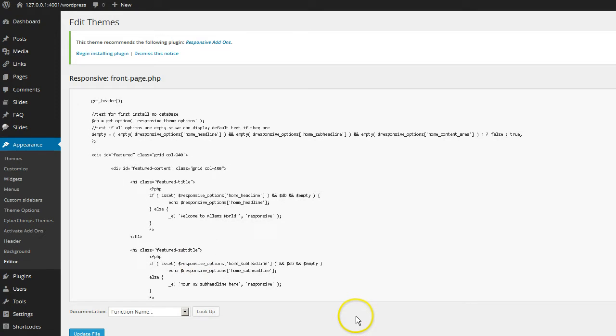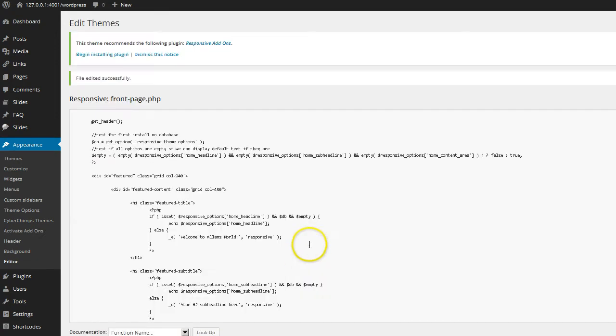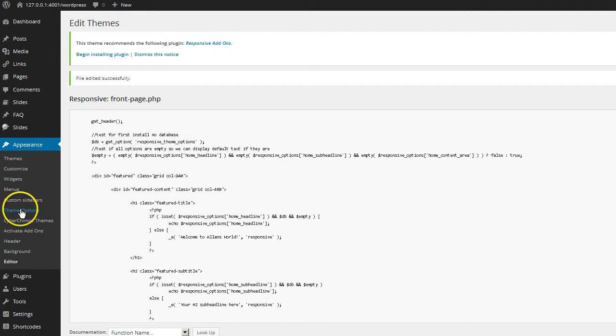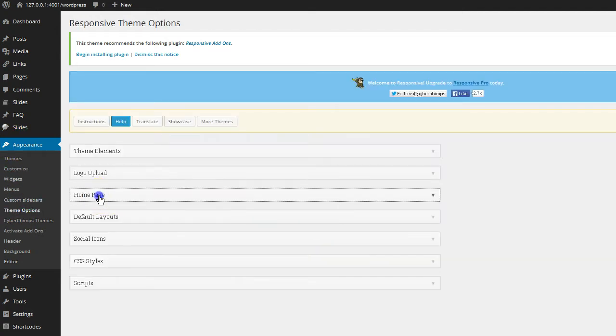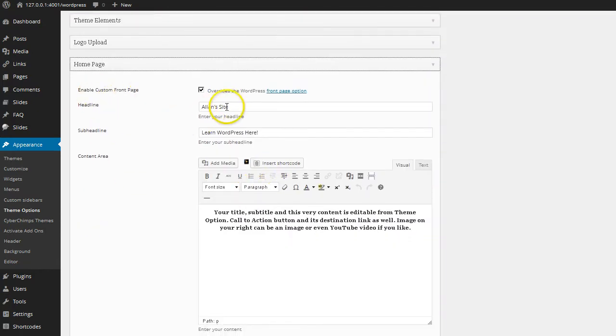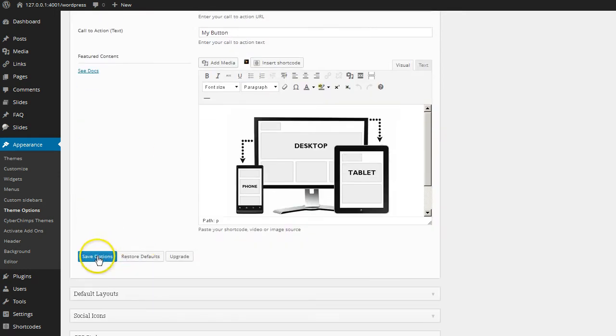Alright, so now let's go ahead and update that. Go back to the site, and nothing changed. Okay, and that's because if we remember, go back over here under appearance and theme options, under home page, we put something in this option box. And when you put something in here, it overwrites whatever is in the default file, which in this case we're editing, the front page PHP file. So if I go ahead and delete that, and delete that, and then go ahead and save those changes,